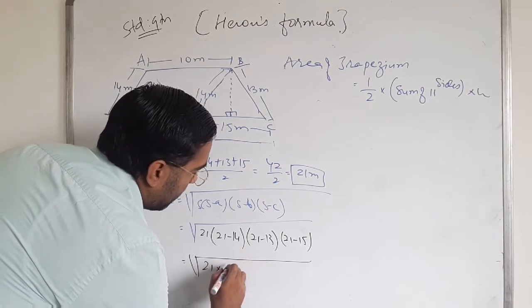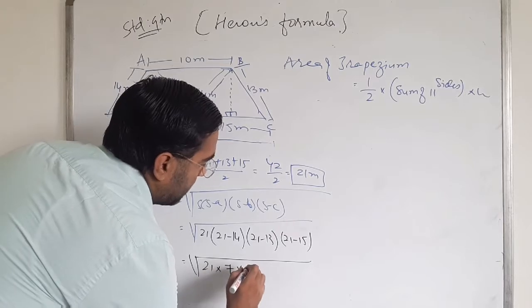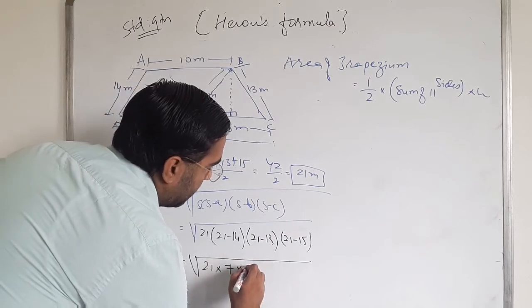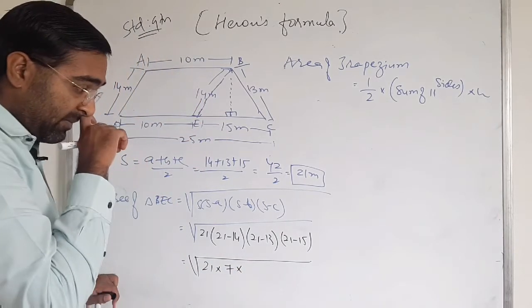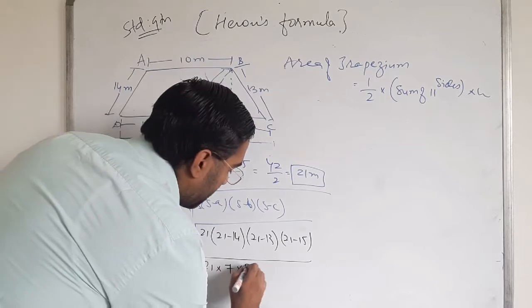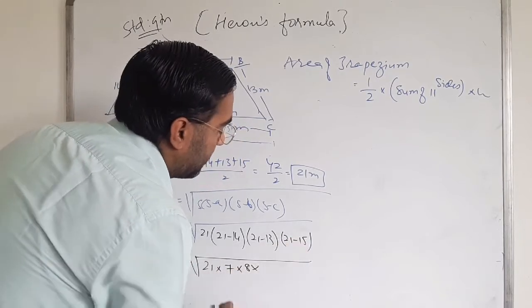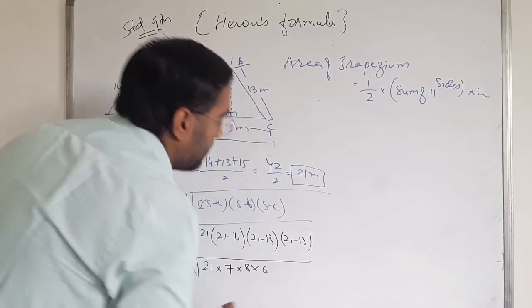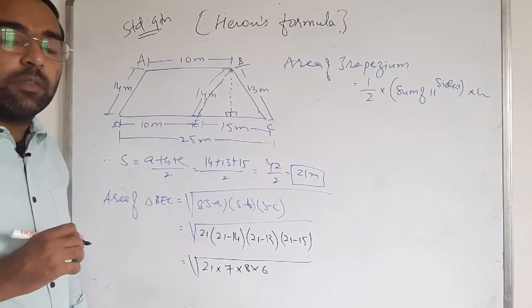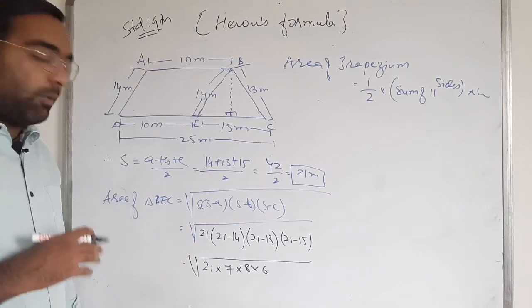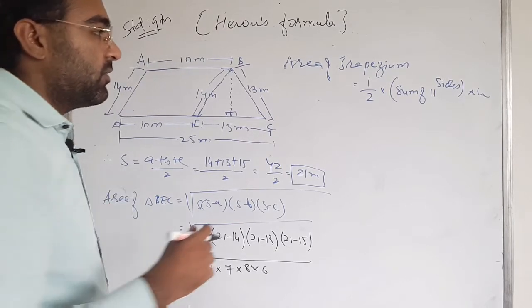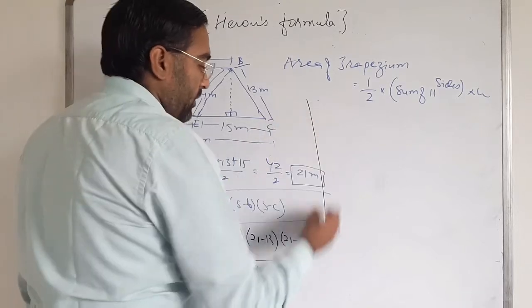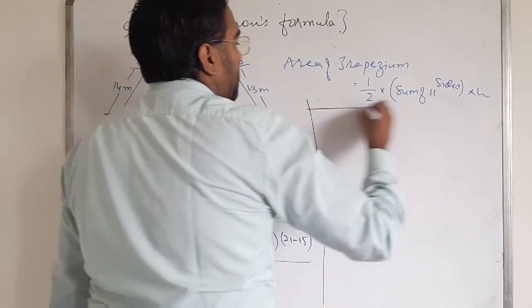21 minus 14, that is 7, 21 minus 13, that is 8, into 21 minus 15, that is 6. Okay, now we have to factorize this number, 21 into 7 into 8 into 6. So, using factorization,